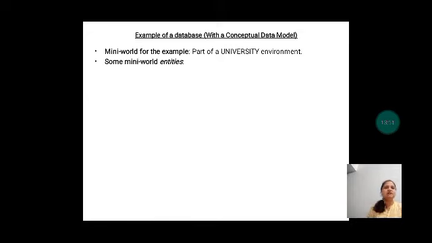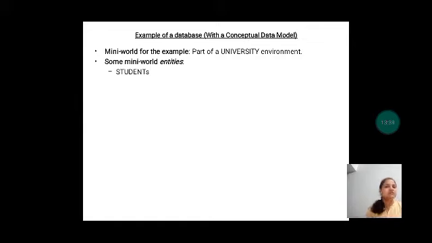Since I'm considering a database for the university environment, what are the many entities that come under the university? The university is the big world, right? So in that big world, that is in that database, which are the entities, which are the objects that come under the university database?